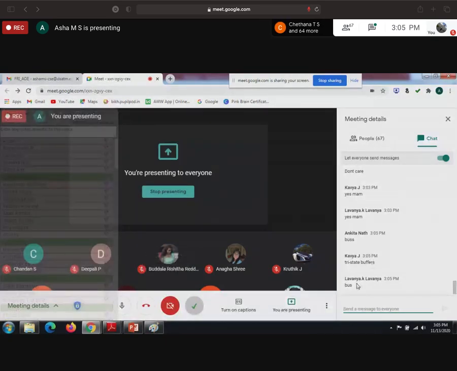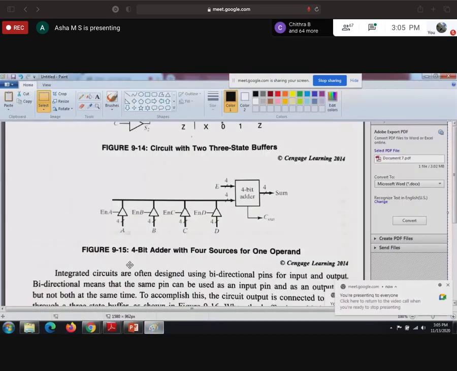We are saying tri-state buffer, it's bus. Actually, that thick line and slant indicates the bus. Means where we use the bus? When more than one signal doing the same function or same operation, all the signals can be replaced by the bus. So bus, how we are going to represent? By heavy line or thick line.